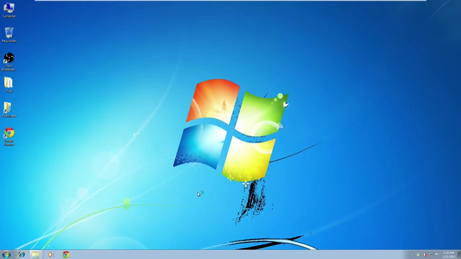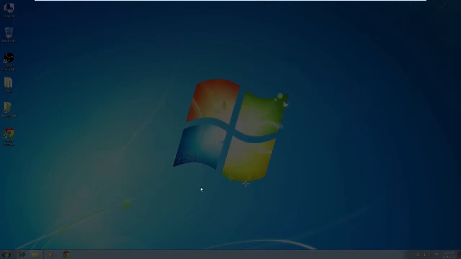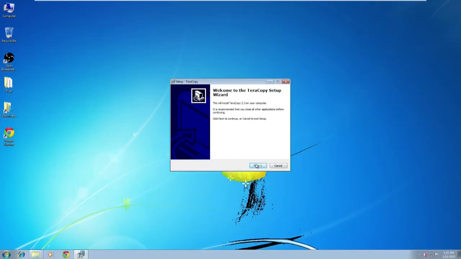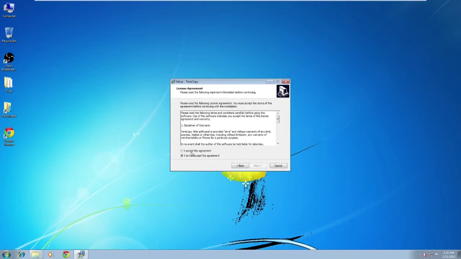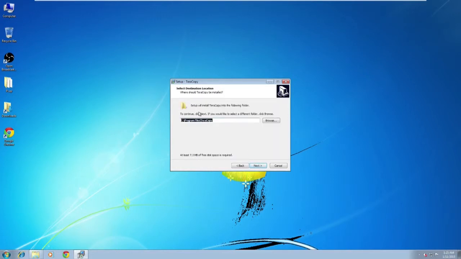Then we should get the prompt, so we want to hit yes. And we'll start the installation wizard. All right, so we're going to go ahead and hit next. We're going to accept the agreement. Next. Next again. You can choose to leave the destination location default or change it if you need to, but